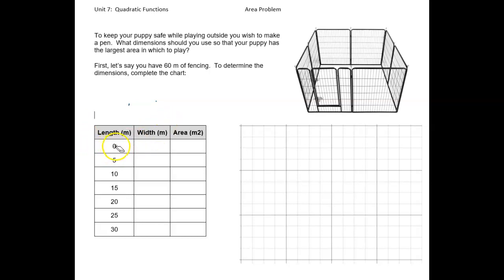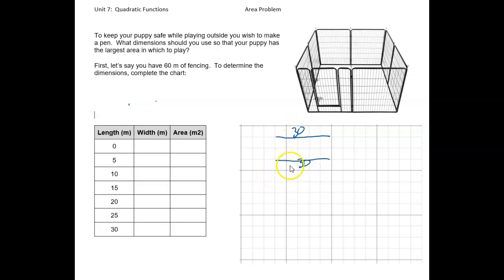Alright, so you've got a length of 0, and what would your width be? Well, that probably doesn't seem to make sense. How can you have a length of 0? Well, really you can't. If you had 60 meters of fencing, and the shape that we're going to use here will be rectangles. So if you just think about this, the width, if you cut the 60 meters of fencing, a straight line of fencing, in half, you'd have 30 on top, 30 on bottom,